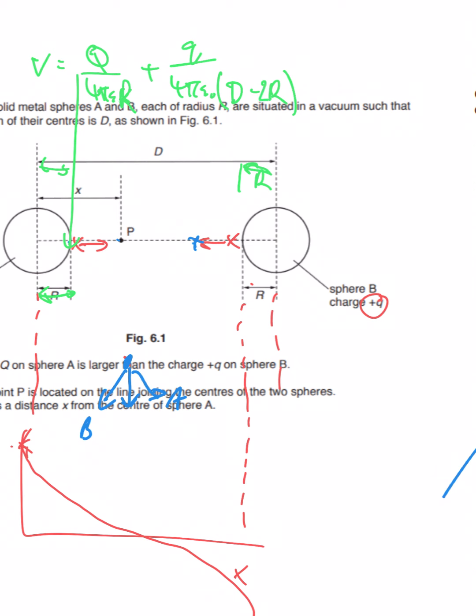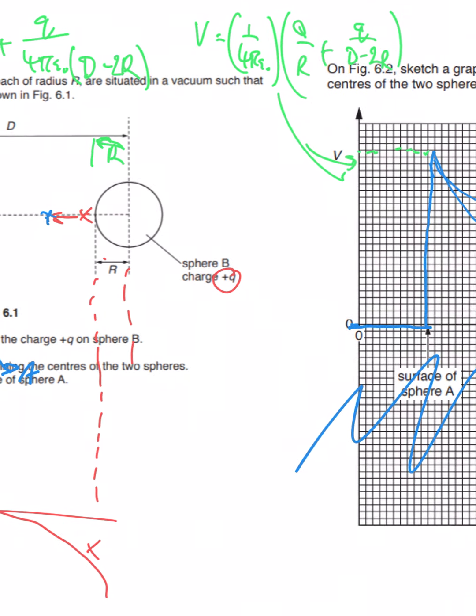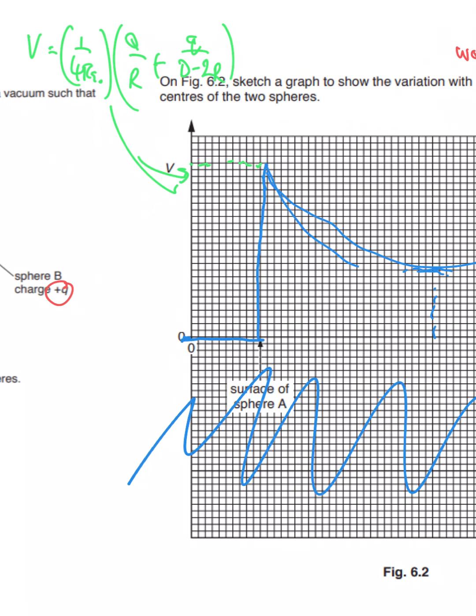Well, I suppose I could take out these common factors. So I could say V is 1 over 4 pi epsilon naught, lots of Q over R plus little q over D minus 2R. So I could mark that as a point here. And then on B, this point here,